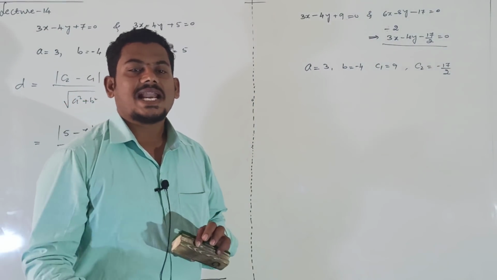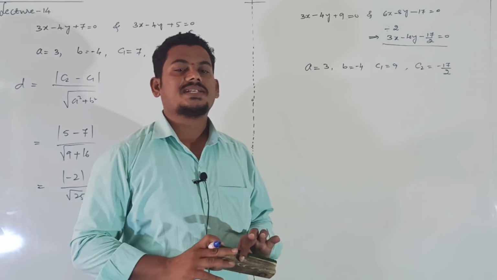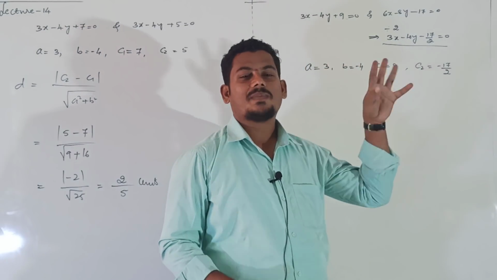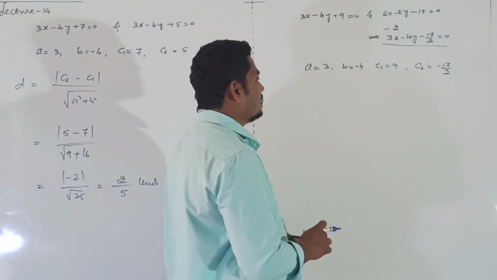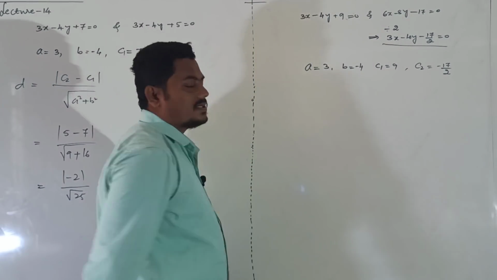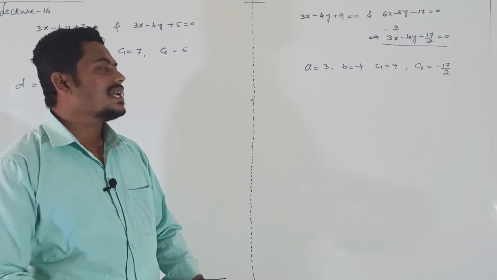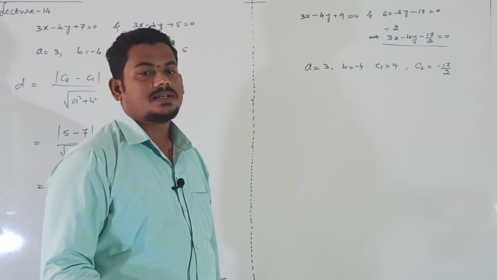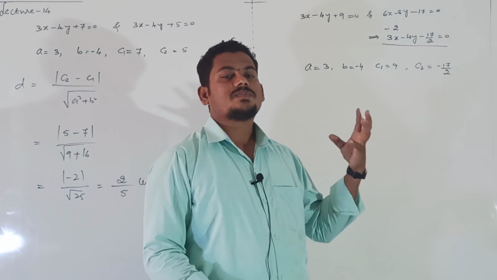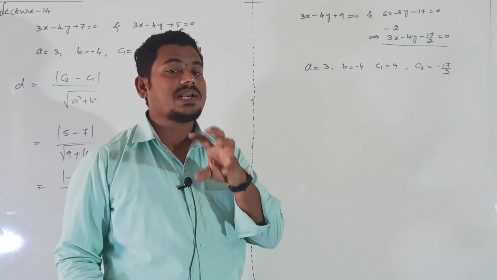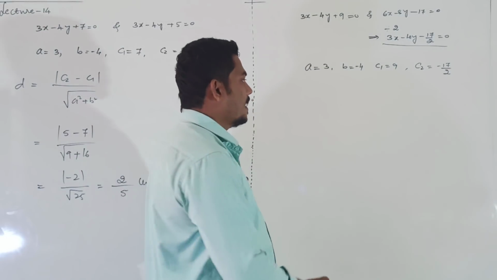If coefficients are not the same, make the coefficients the same just by dividing or multiplying with some number. It will not make any difference. Dividing also, clearly the lines are parallel only. For parallel lines, corresponding coefficients are equal or proportional, right?